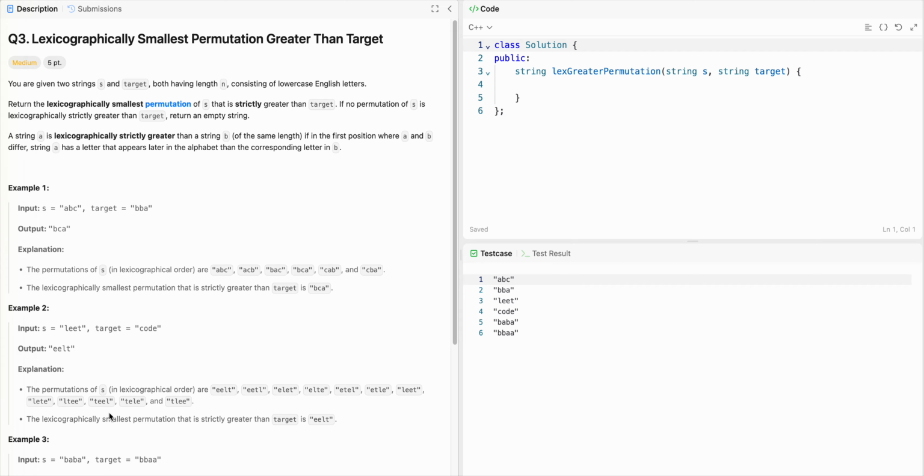Yeah, we can try forming it with every letter that we can. Yeah, so it might happen with us that